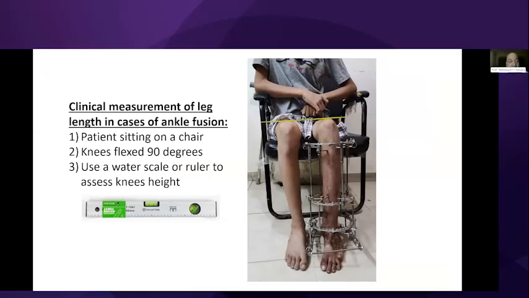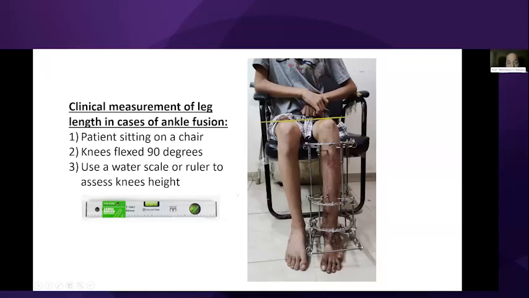In cases of ankle fusion, you have no reference distally to measure the tibial length, so we rely on the clinical measurement of leg length in this way. The patient is sitting in a wheelchair with the knees flexed at 90 degrees, and we apply a water scale or ruler on both knees to make sure that both knees are at the same level,